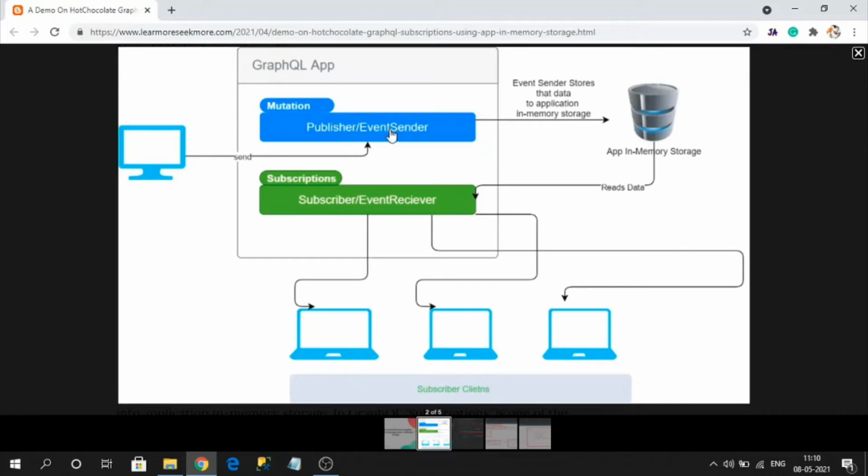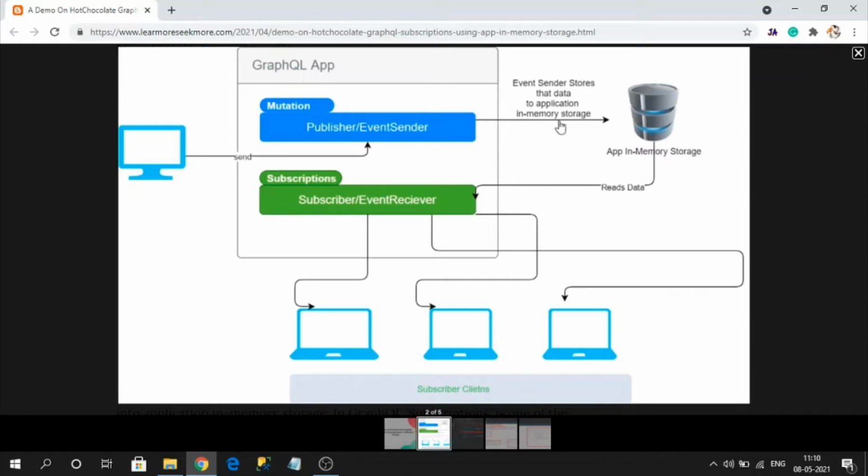That can be done with the event raiser in the mutation. So when the user, or an admin, or a tool sends something, and instead of a mutation you raise the event, the data will be stored in the application's memory.